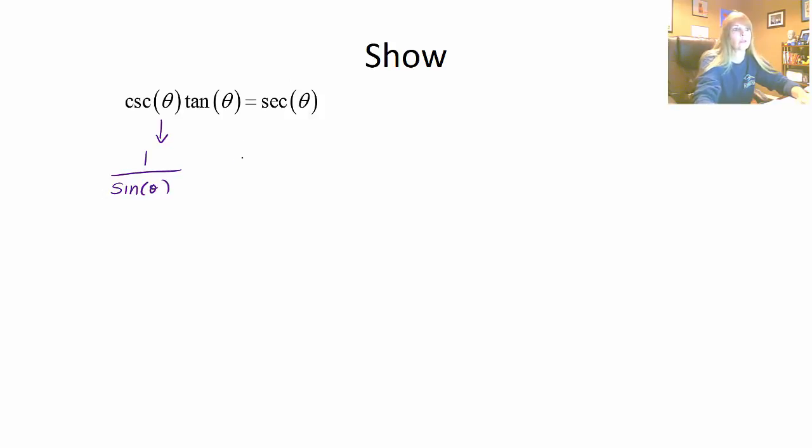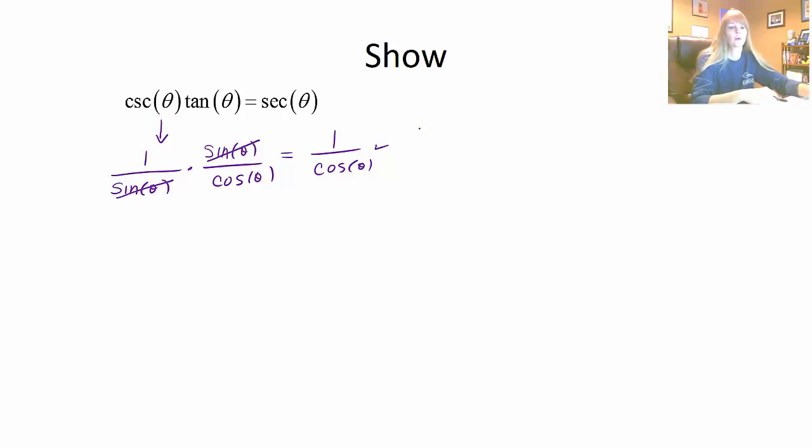So cosecant's 1 over sine, tangent is sine over cosine, and then 1 over cosine, or I could leave it as secant, just whatever I want to do. But you probably can see already that turning that into 1 over cosine, they're equal. That's it. Okay, so these first two examples were really good ones to just change everything into sines and cosines,